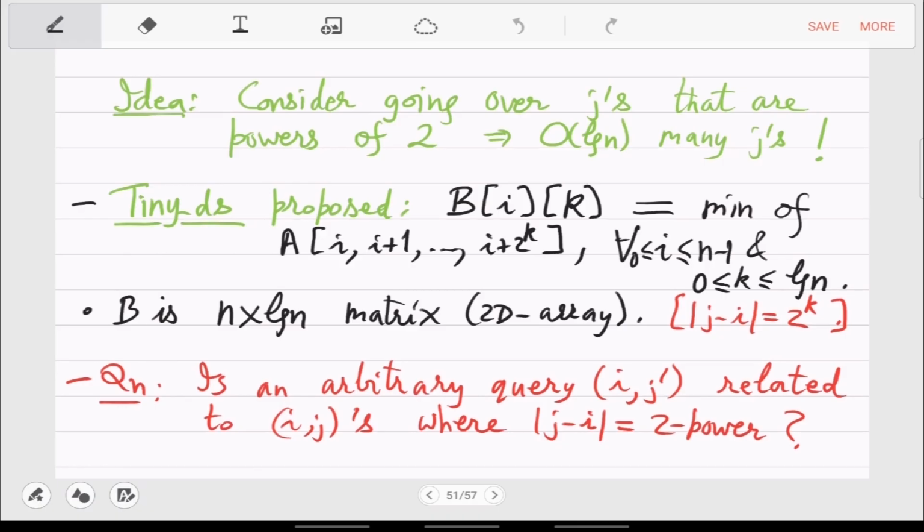Yes, so basically you have to keep shifting the window. When you are asked for the window of i comma j with the property that j minus i is a perfect power of 2, and an arbitrary query comes which is between i comma j in a bad position, then you should just shift the window forward or backward.